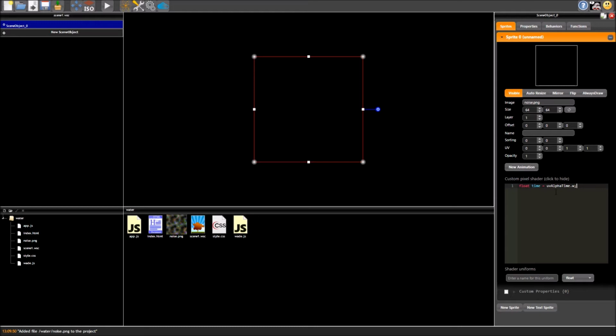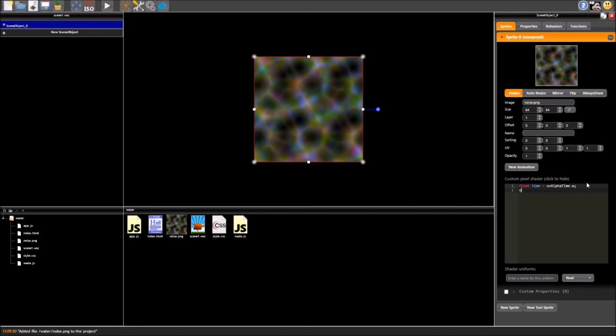Now this is useful because a lot of shaders require a changing parameter so you can animate the effect. So for water, as we are doing here, you might want ripples, and that's why I'm storing this here. And also, just because it's useful, I'm going to go ahead and store the UV coordinates separately, just so I don't have to write UV alpha time each time, because it is a bit of a pain to write. Okay, you'll notice this is changing. It's mostly because the shader's invalid and valid as I'm typing, so that's why that keeps changing its appearance.